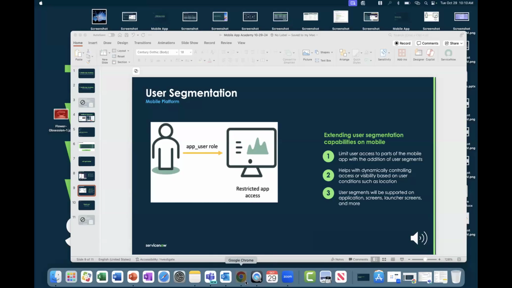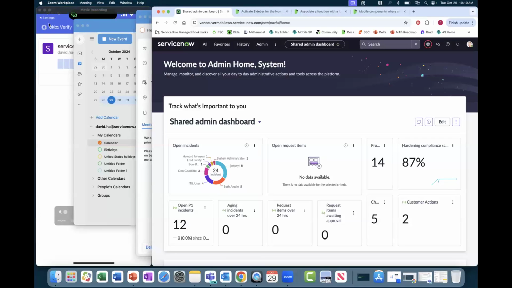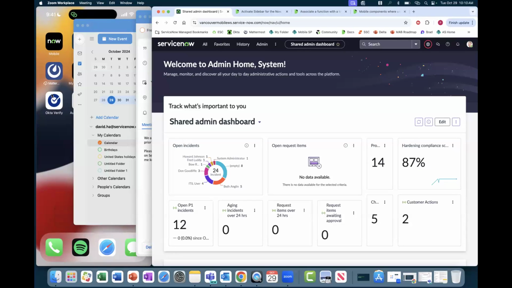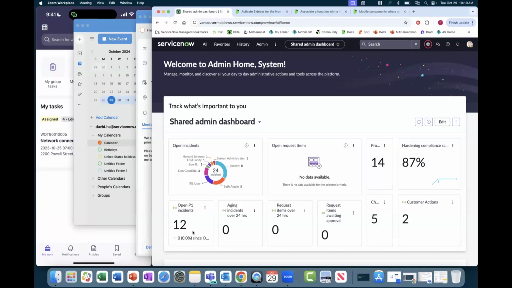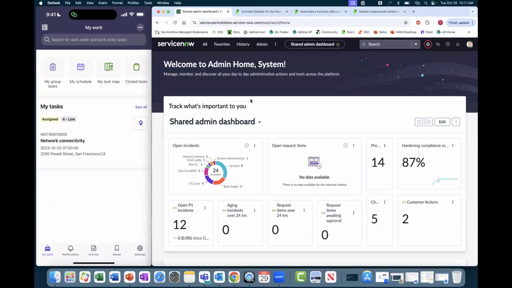Okay. I think I shared the wrong screen. One sec. Share desktop. Oh, yeah. Okay. So you should be able to see my mobile screen as well as my instance here. Let's close out a couple of these tabs. Okay, so